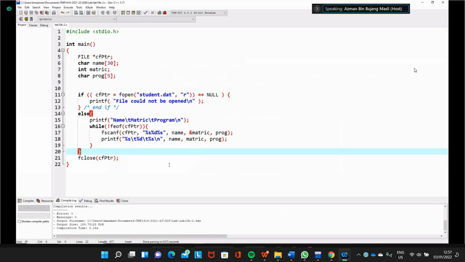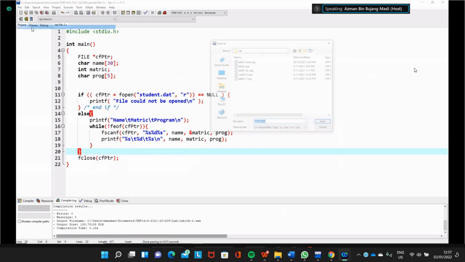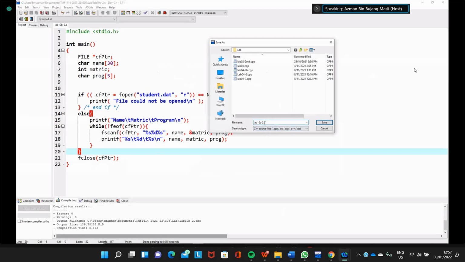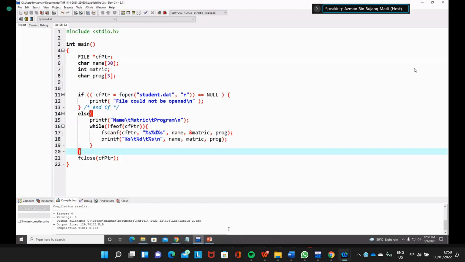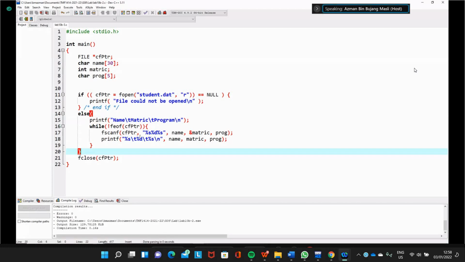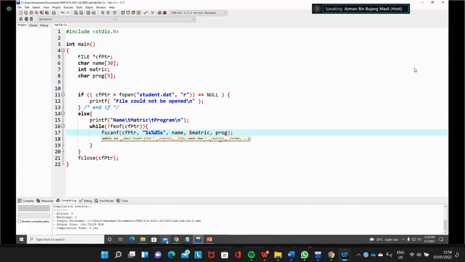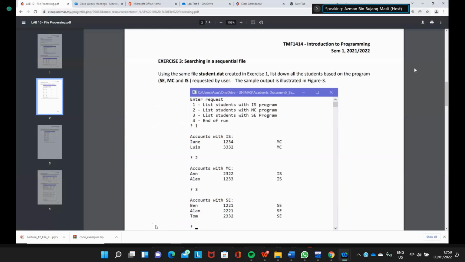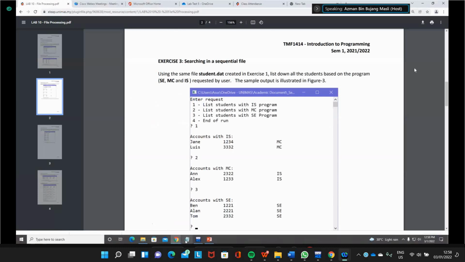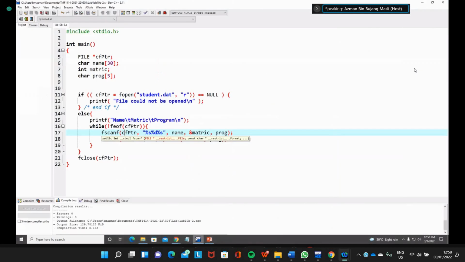So here we can adjust our program. We save this one as number 3. Okay, save. So what we do here, we read the file again, and then we get all the names here. The output is actually a bit different. We have a menu there. So, enter request. We go back to the program.